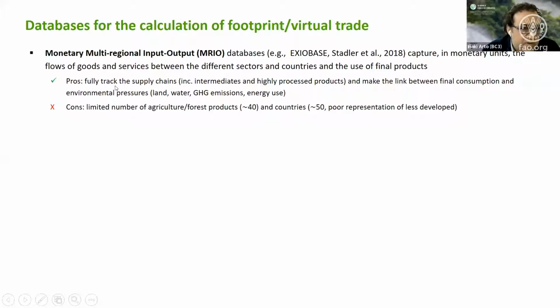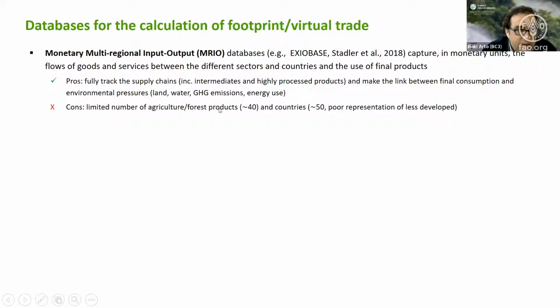The pros of these databases is that they can fully track the supply chains, including the intermediate and highly processed products, and make the link between the final consumption in one country and the environmental pressures in other countries. And the environmental pressures usually include satellite accounts on land, water, greenhouse gas emissions,